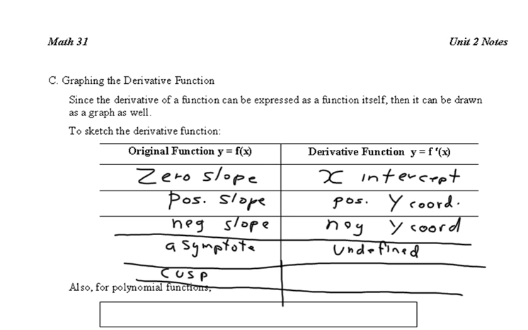Okay. So we could have a cusp or a corner. In that case, we'll have a discontinuity. Now, I don't know if you put 2 and 2 together with this list, but what this really means is that the domain of the derivative could be a little bit smaller than the domain of the original function because of that last category. At a corner or a cusp of a graph, like the absolute value function, we do